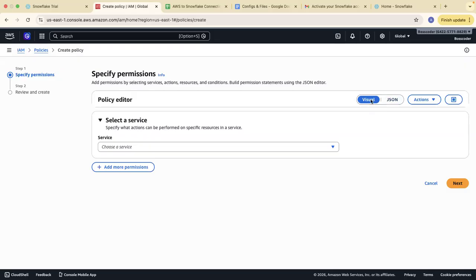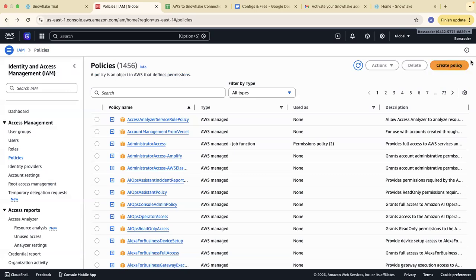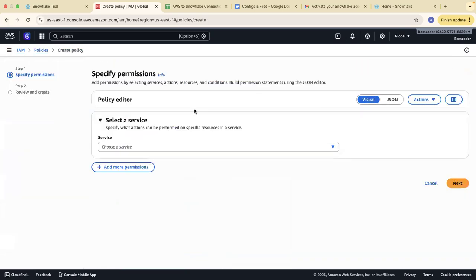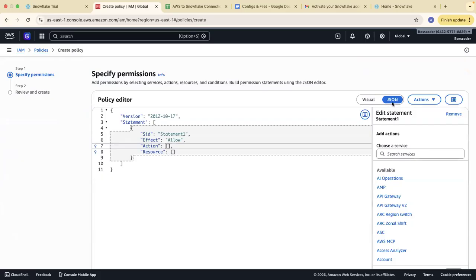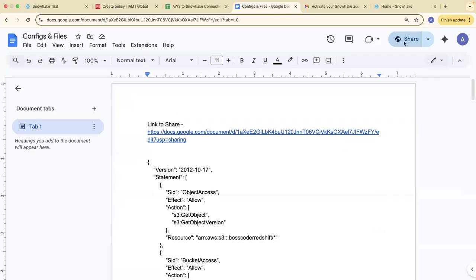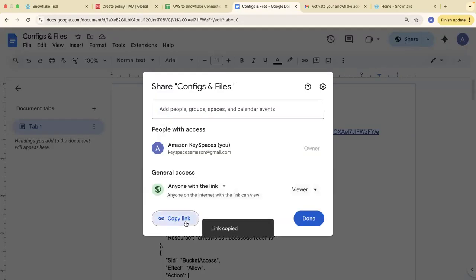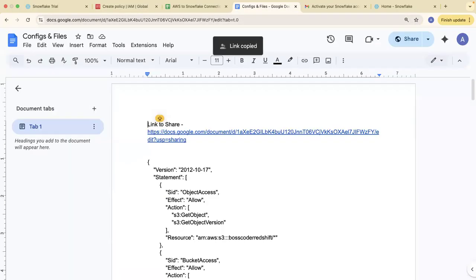I will simply click on policies and click on create policy. If you see, I have clicked on create policy, and in the create policy, I will select JSON. Once you select JSON, I'm giving you a URL here.